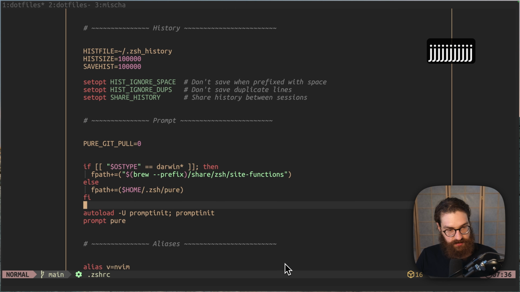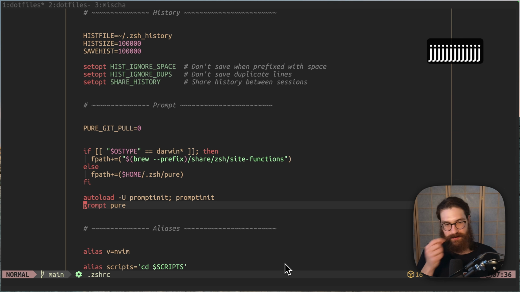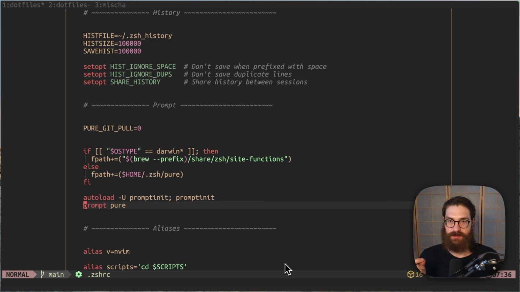Next, for my prompt. So before in Bash, I was using a script from GitHub to actually update my prompt. And the thing about prompts